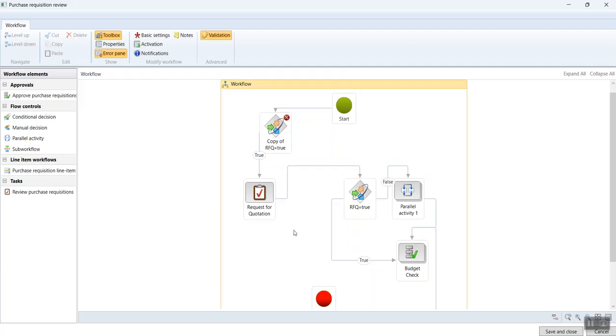So here is what I have done. Once this is done,